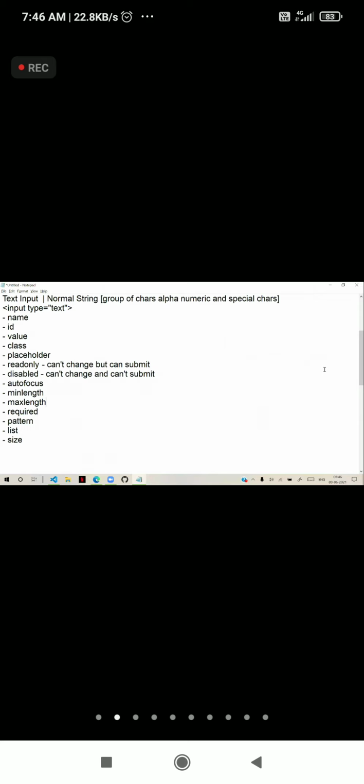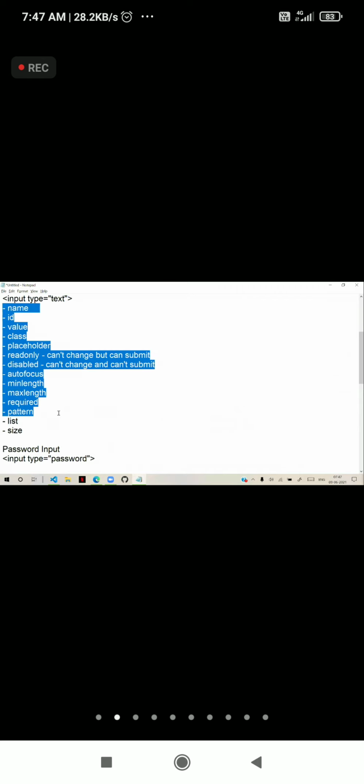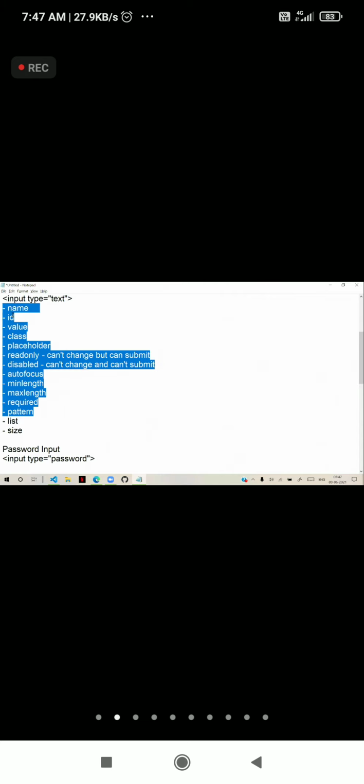That is basically text input. Now, similarly, we have password input. For password input, the input type is equal to password. Password also will have all these attributes. Only the point is, for password we don't use list. The rest of the options will work for password.